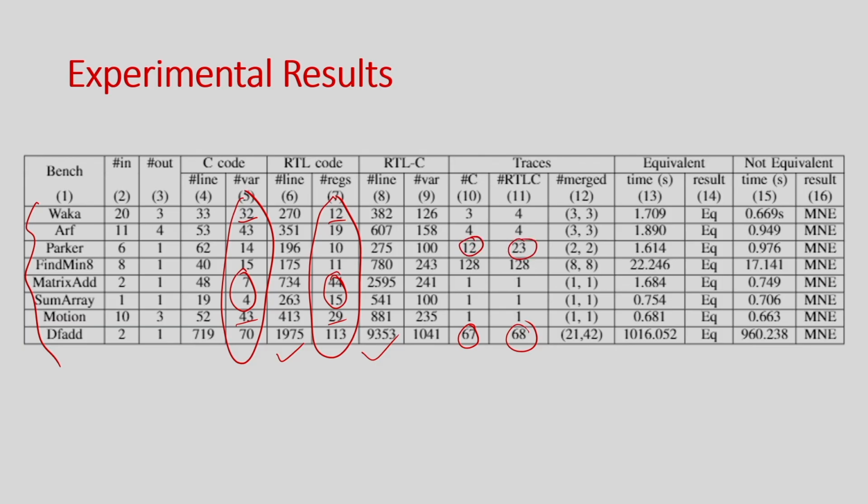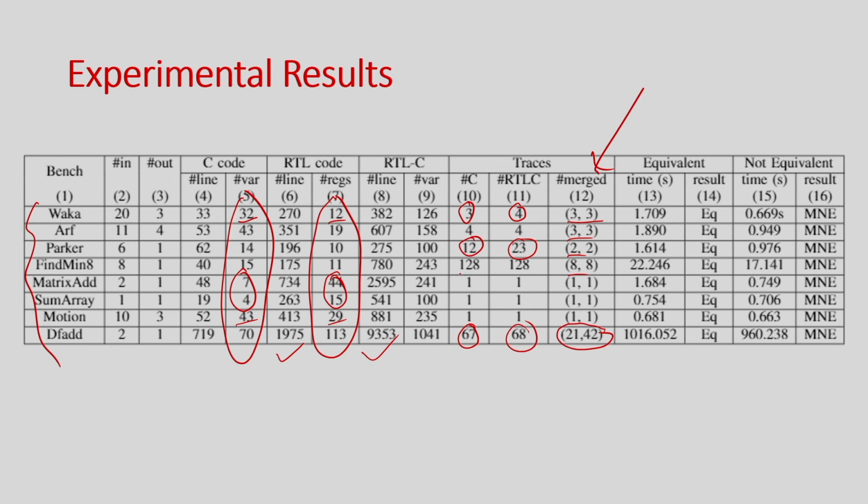So that is why this compatible trace step is important, because the number of traces are not equivalent here either. Then we do the merge compatible traces, and after that this is the number of traces in program 1, and this is program 2. You can see that after that, in most cases, the number of traces become equivalent except one scenario. This tells us the usefulness of merging equivalent traces. In many cases the number of traces are not the same before merging compatible traces, but after that they become the same.